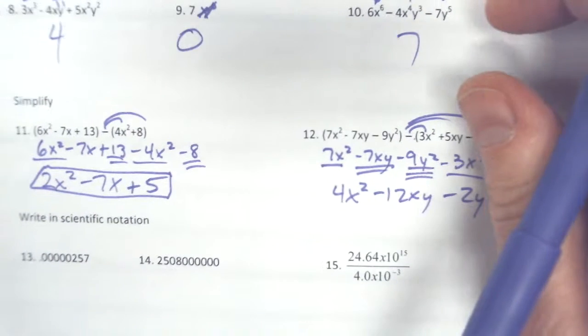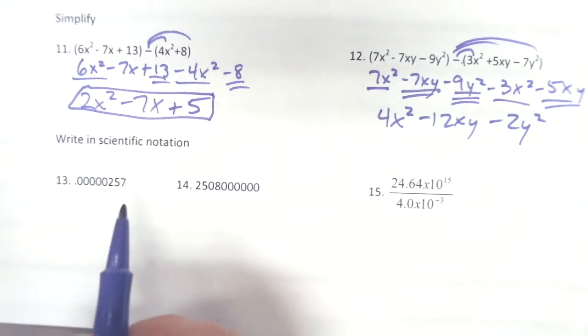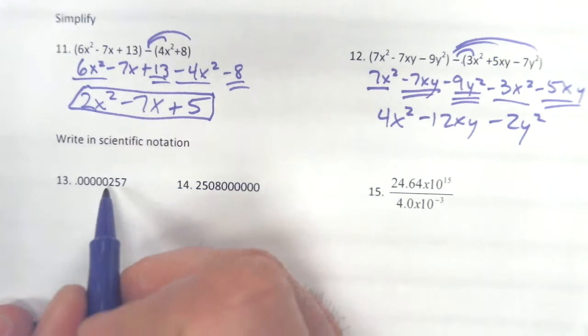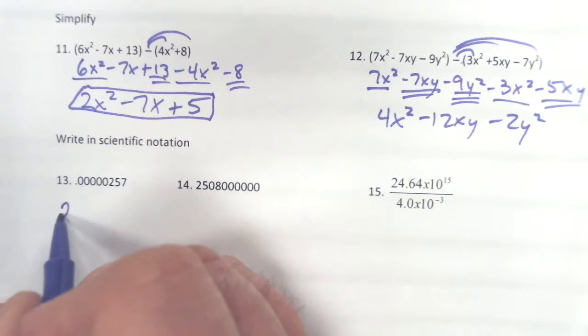On our last questions here, we're going to put these in scientific notation. The rules for scientific notation says that we need to have one significant digit in front of the decimal point. So I'm going to write